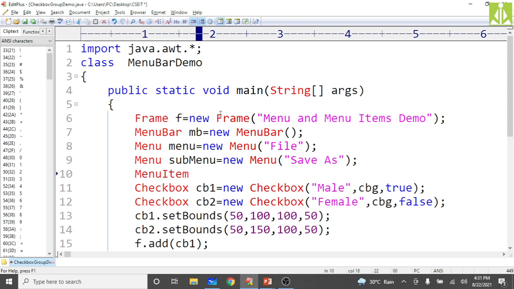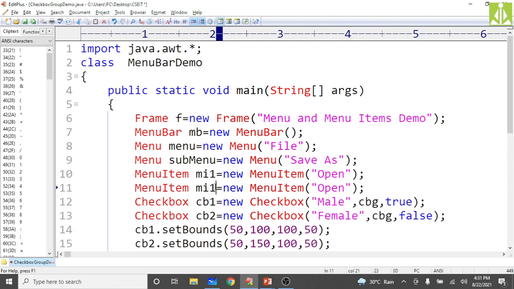Quickly, MenuItem is a class. MenuBar is a class, Menu is a class, and MenuItem is also a class. So mi1 equals the same, call the constructor after new, MenuItem of, put the first option, open. Then take the same stuff, Control C, Control V, mi2.